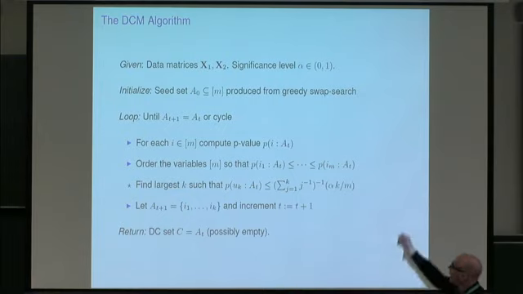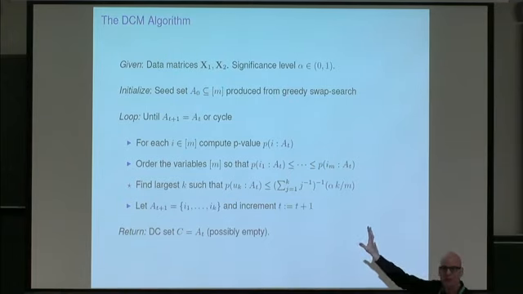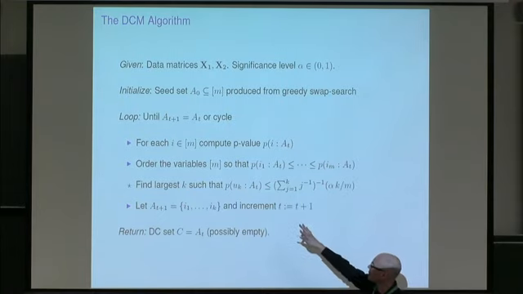So we do a greedy swap. We start off with a set of variables and we start moving variables in and out to try to get the correlation difference to be as large as we can. When we're done with that, we run this procedure, okay? So the second weakness of the procedure would be that you need to start it at a good place. But here's what it does. So I'm looking for a fixed point of the following setup, and the fixed point goes as follows.